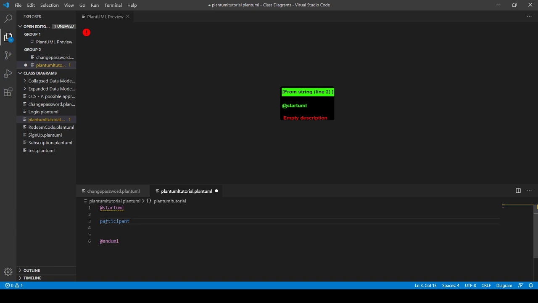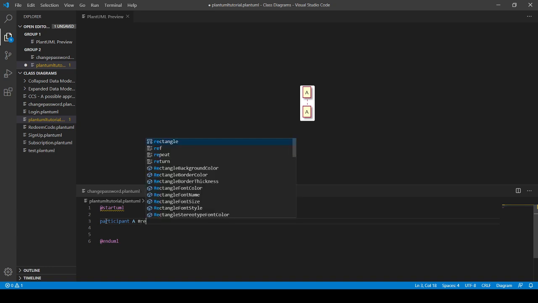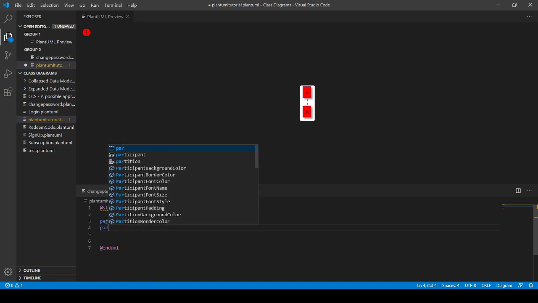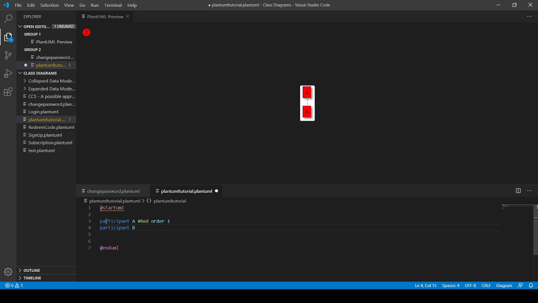So participant A, I can give the background color to that participant using hash red, and then I can also define the order, where I want to show it. So it is order 1. Then participant B, I want the color to be green, and then order is 2. Here you can see the diagram above, and if you don't see the updated thing, you need to write